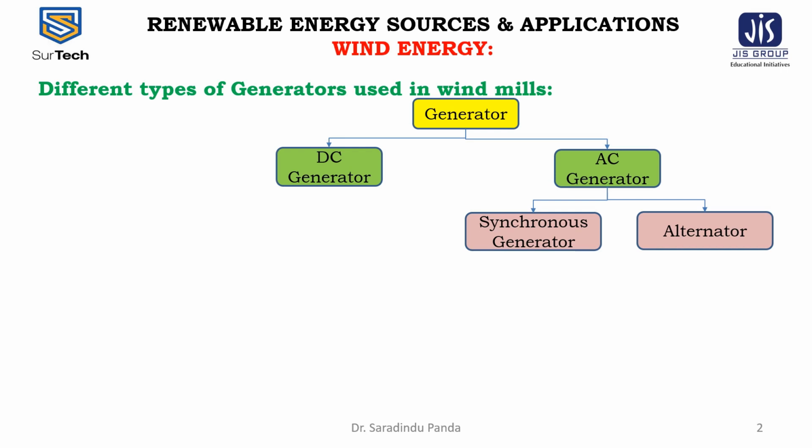The main difference between them is in regard to what spins and what is fixed. In an alternator, the electricity is produced when a magnetic field spins inside the stator. In a generator, on the other hand, the armature, or the windings of wires, spin inside a fixed magnetic field